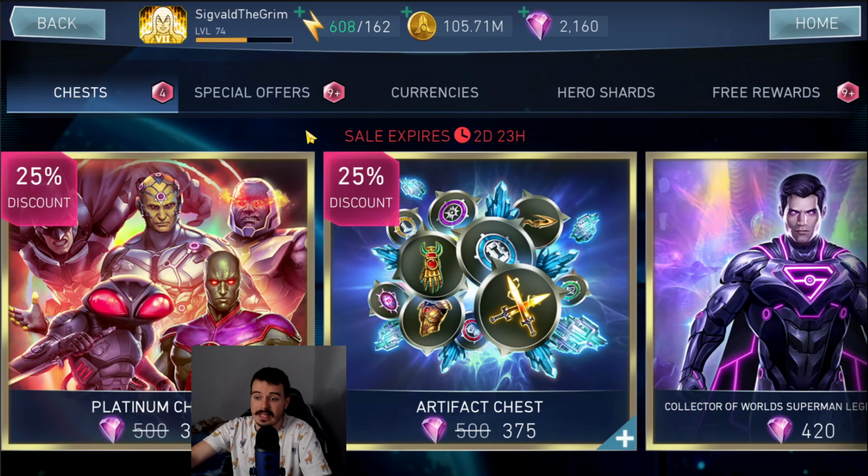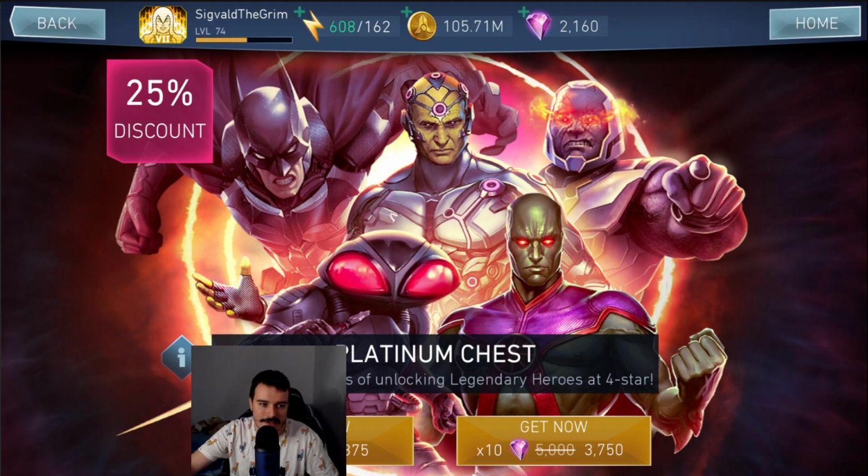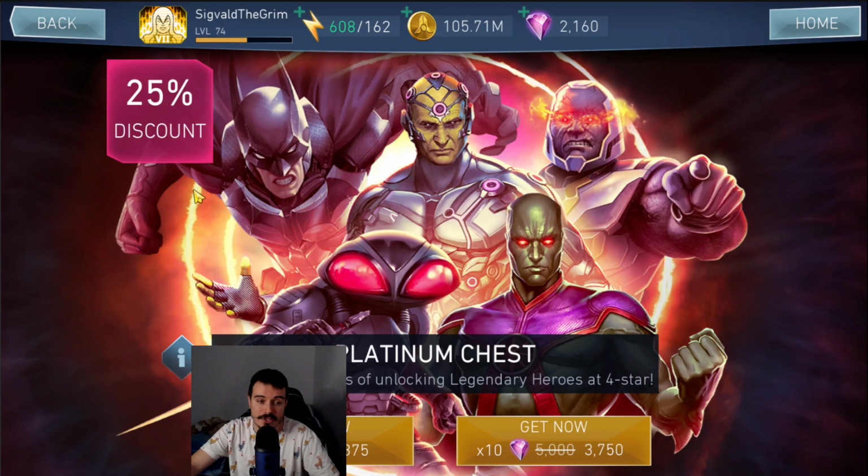This is something that they have just kept putting again and again in the store every single summer, and it's kind of outdated at this point, but we're gonna talk a bit about the chests. So first up we got the platinum chest, which will have a 0.5% chance for a 4-star legendary character. Now a 4-star legendary character nowadays is something that you don't usually encounter, because most chests are going to give you